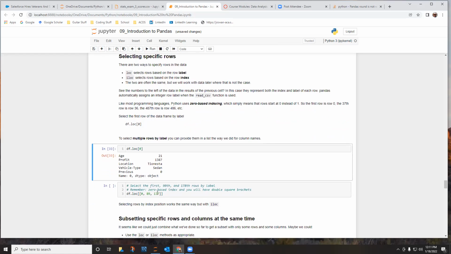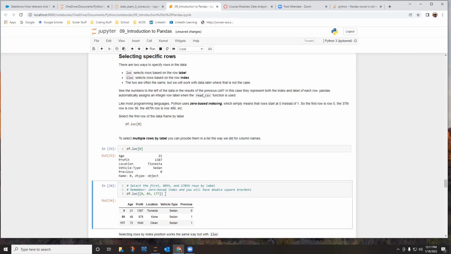So now, in order to get multiple rows, we use the loc method and a list of index values. That's where you start seeing that double bracket thing. And there you go. So we get 0, 89, and 177